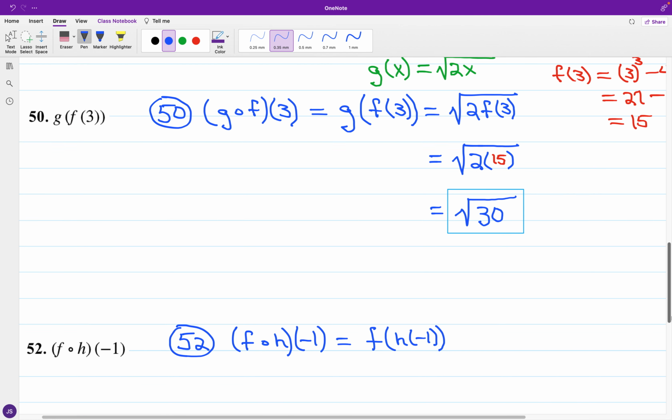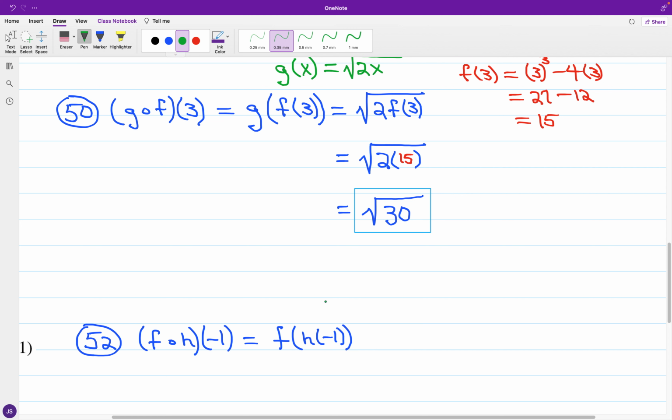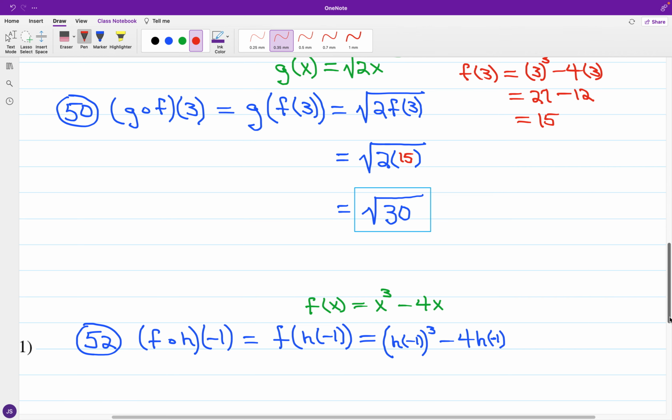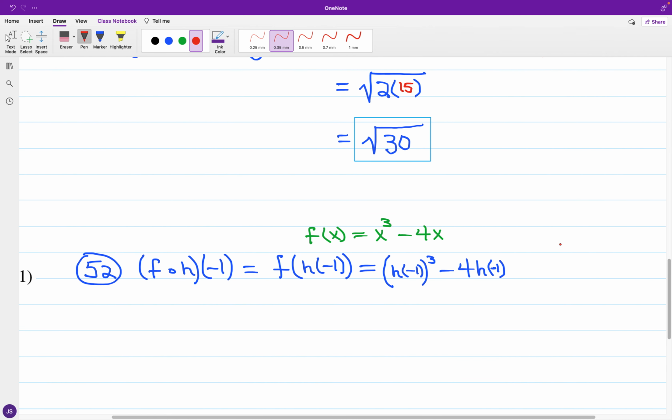Again, operating along the lines of f of x, f of the input, you've got the cube of the input minus 4 times the input. So for the cube of the input, now we have the input with h of negative 1. Looking at specifying just what h of negative 1 is, again we have our h of x, that is 2x plus 3. So for h of negative 1,